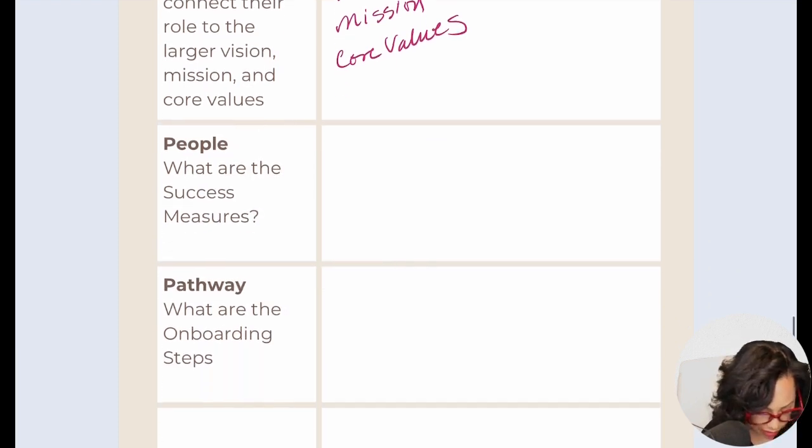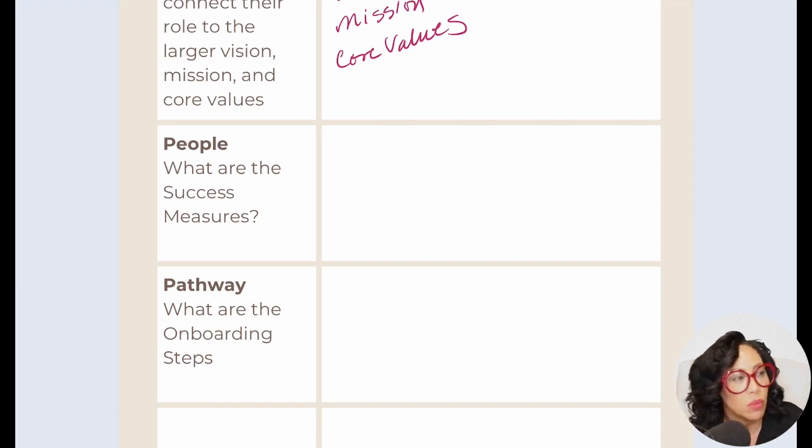The second thing is, what are going to be their success measures? See, what we often don't do is we get an AP and we say, all right, now that you're here, these are your duties. You're going to be doing lunch duty. You're going to be doing the duty schedule for teachers. You'll do some observations and write-ups for the 7th grade team. You need to be at team meetings. You're in charge of special ed and the math department. But we don't tell them, what does success look like in those roles?